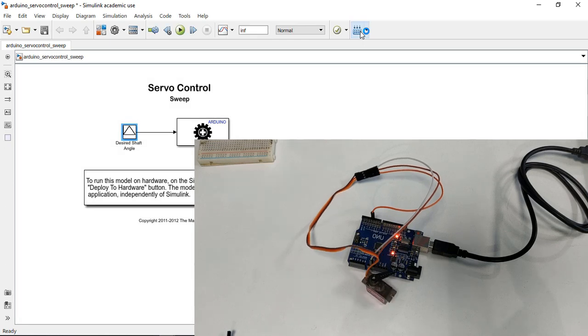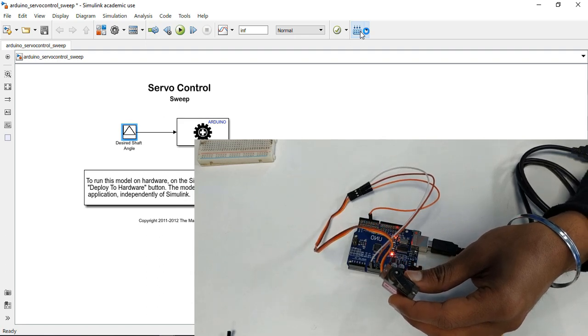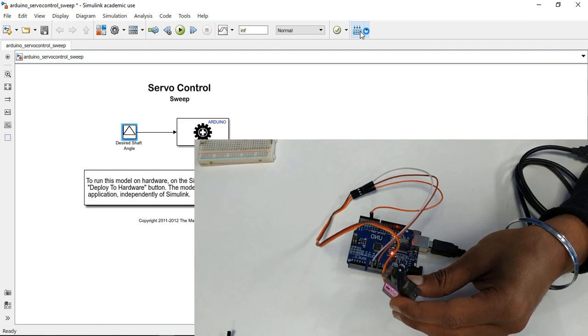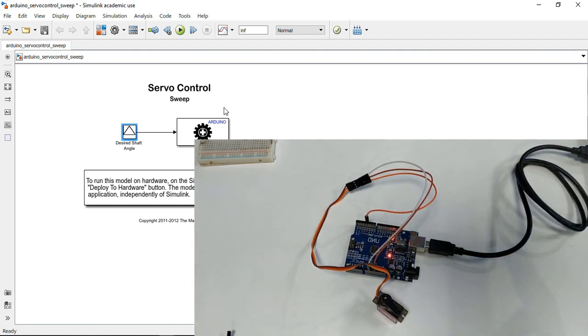Okay, so now it's being deployed on the hardware. Now you can see it's moving very slowly. So I've changed the sample time to 0.1 second rather than 0.01 second. So it's going very slow. It's changing its angle from 0 to 180 degrees with the samples, changing each angle by 1 degree at a time, and it's going very slow as the sample time is 0.1 seconds now. So in a similar fashion, you guys can play around with these two blocks